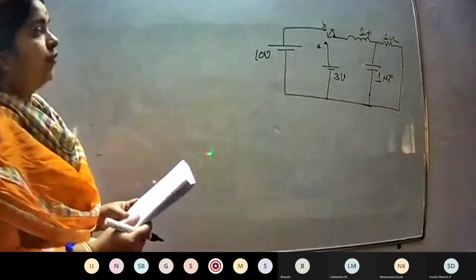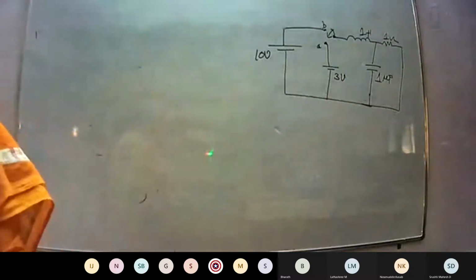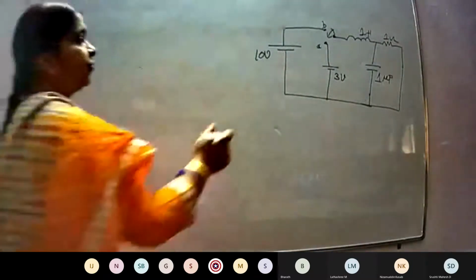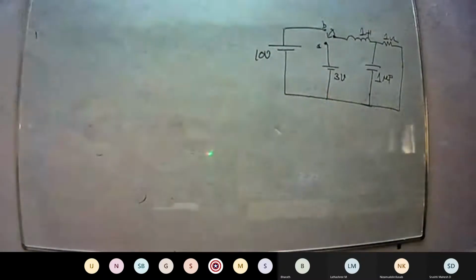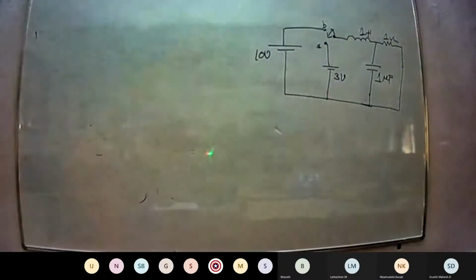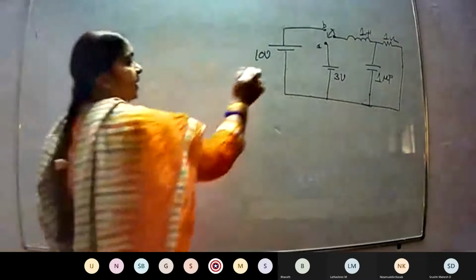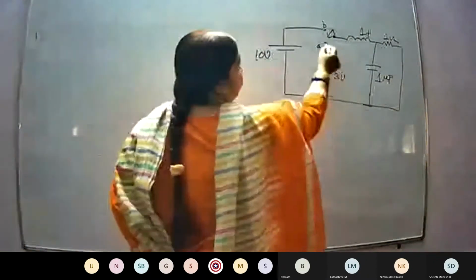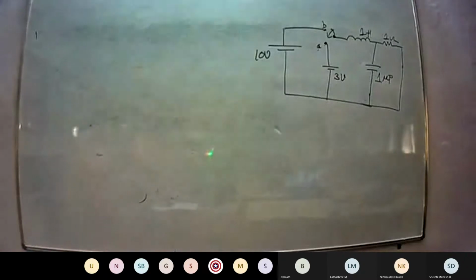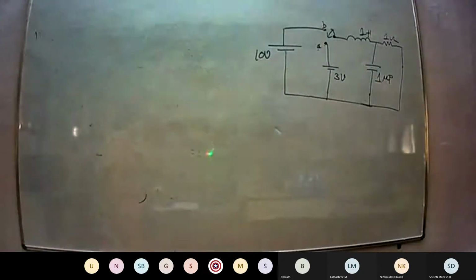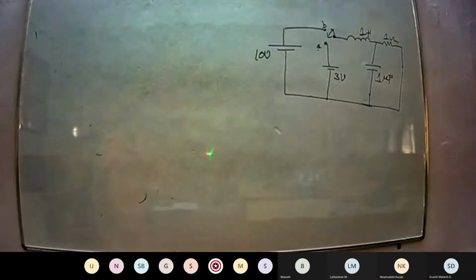Then the switch was changed from A to B. Okay. It was shifted to 10 volts. So, both the positions it is connected to source. When it is at A, it is connected to 3 volts. When it is at B, it is connected to 10 volts. Determine i and the second derivatives. Okay, i and its derivatives we have to find out.